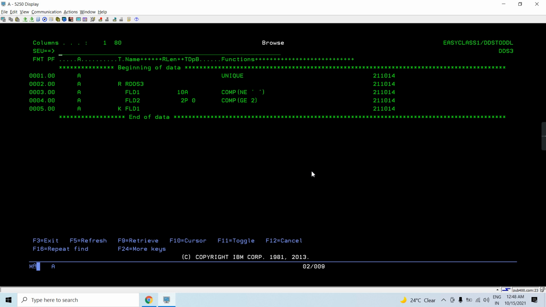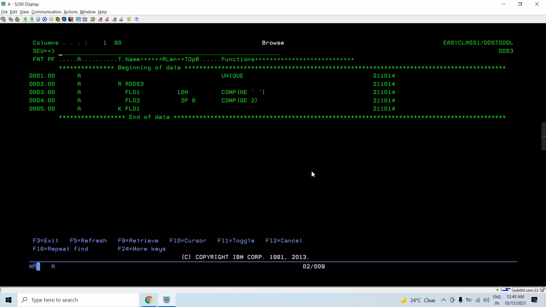This denotes that there is no validation checking when we are inserting records into the DDS defined file. So this is how the validation works. Whenever we insert any record into the DDS file using SQL, no validation occurs, and no validity check happens when the file is DDS defined. So basically during insert there is no validity checking for the values we are inserting into the DDS file fields.